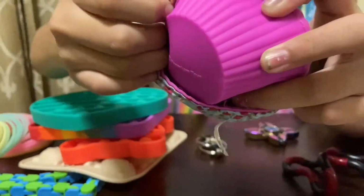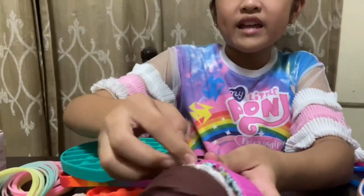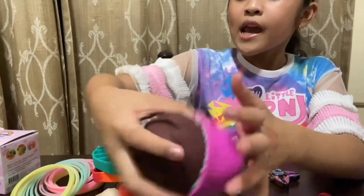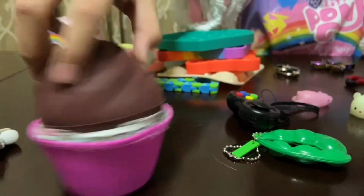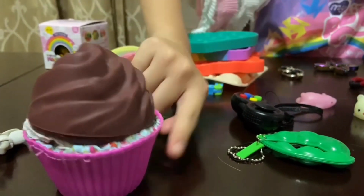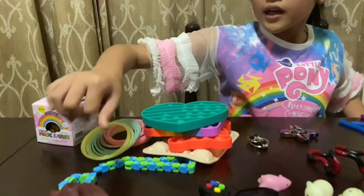It's hard to put them back actually. You just need to hide the handsies and also the tag right here. And you're done, like a real cupcake. So that part I should put my name here. I'm gonna name her Rosie. And this